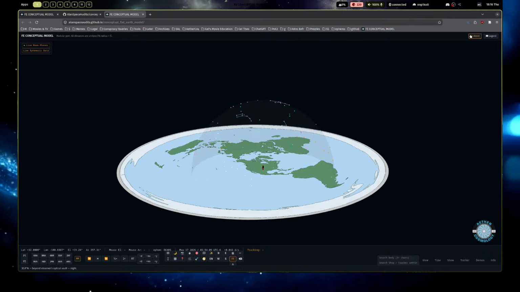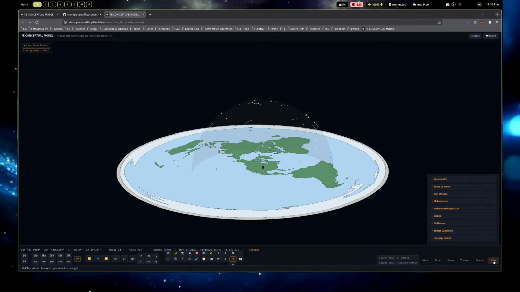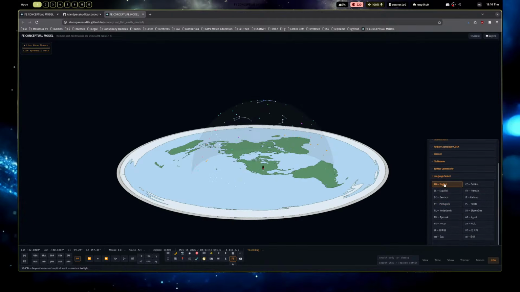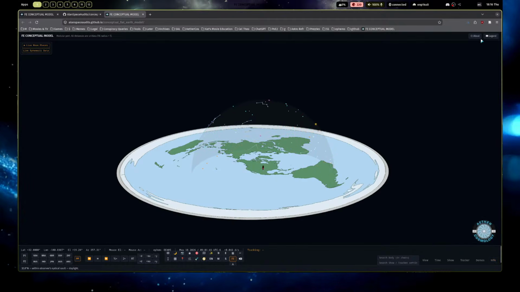So there's a couple of important tabs here. There's an About tab on the top right, and there's an Info tab on the bottom right. On the bottom right Info tab, there's links to YouTube channels and Discords and different media platforms that everyone's on. So Clubhouse Gang's on there, Twitter communities hosted by Brian and Ken are all on there. You can also select your language here. Suppose you speak a different language, there's 18 different languages there.